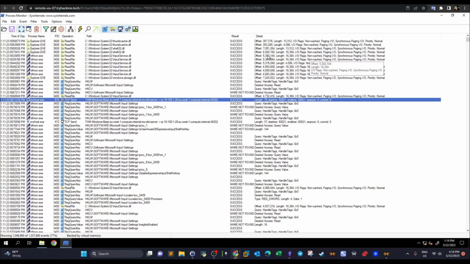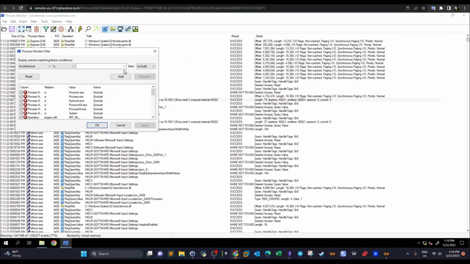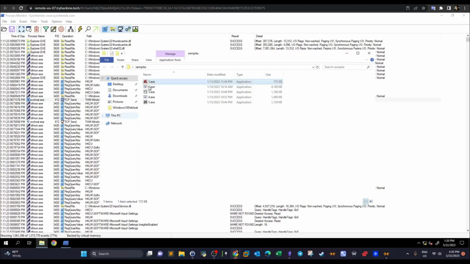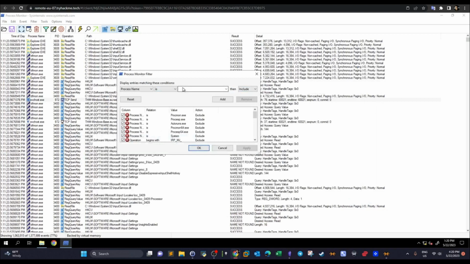So we said earlier we're going to use the filter, so click on the filter, and here we get to see all of the filtering criteria we can use. Since the only thing we know about the malware is its file name, the only way to show all of the activity of this malware is to use its file name. So to do that, we're going to use the process name here. We're going to assume that when the malware opens up, it spawns a process using its original file name. So we know that the original file name is 1. So we're going to say 1